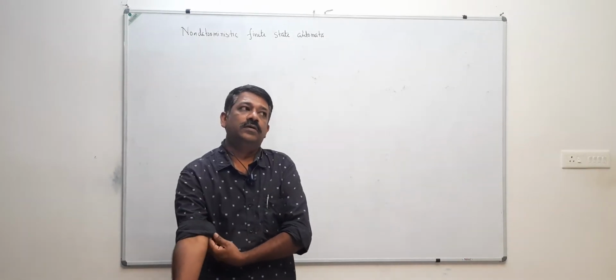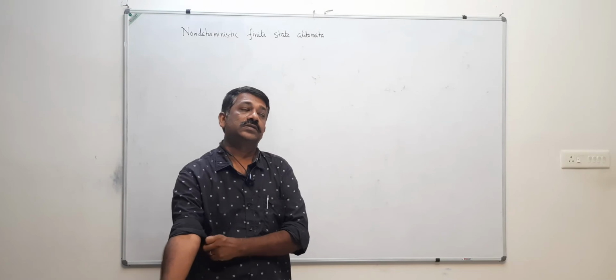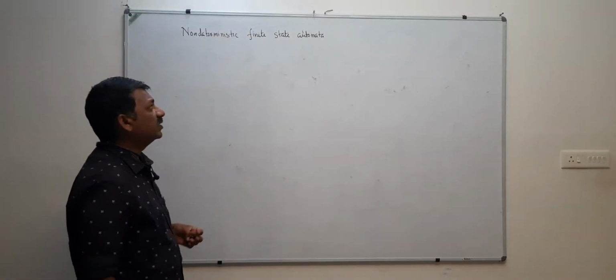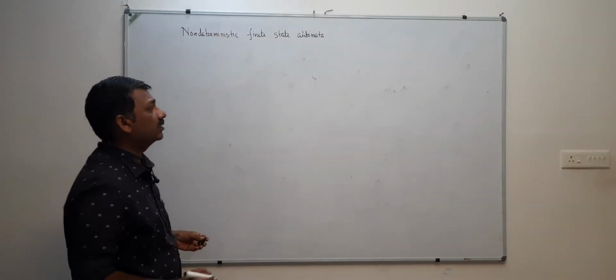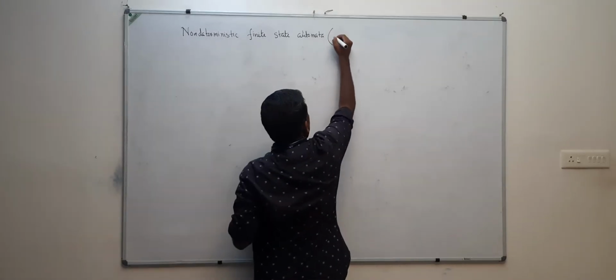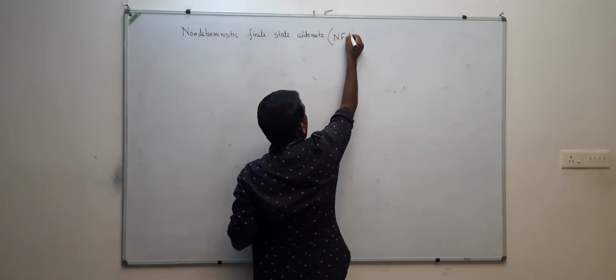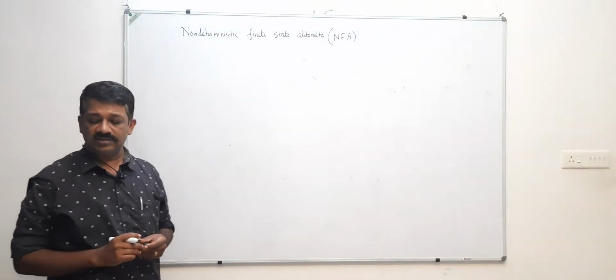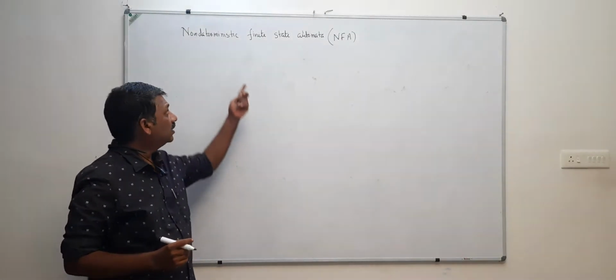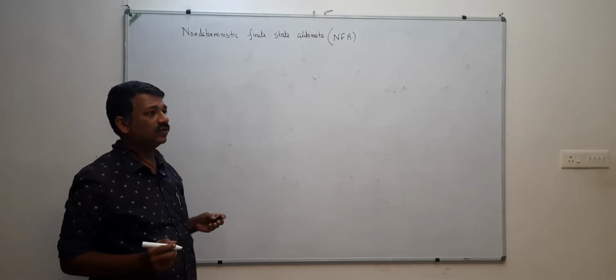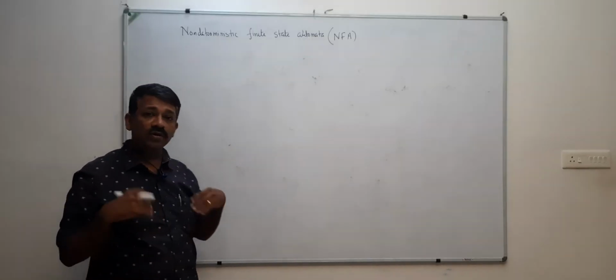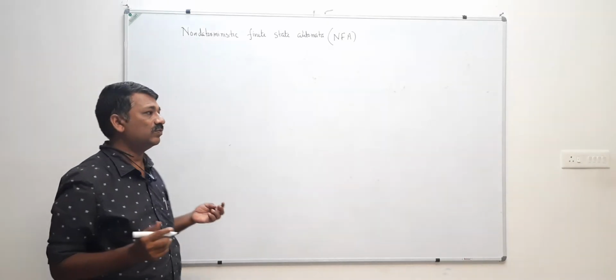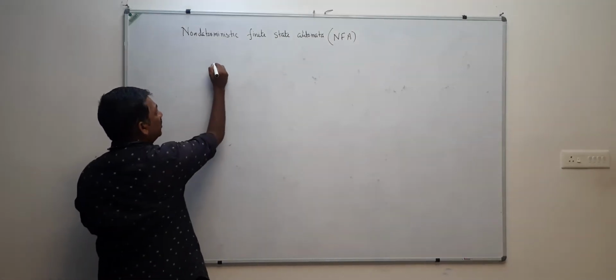Today, I'm going to discuss non-deterministic finite state automata, or simply NFA, non-deterministic finite automata. Unlike a deterministic finite state automaton, in a non-deterministic finite automaton, you can have more than one outgoing transition for the same input symbol. For example, suppose that you have,